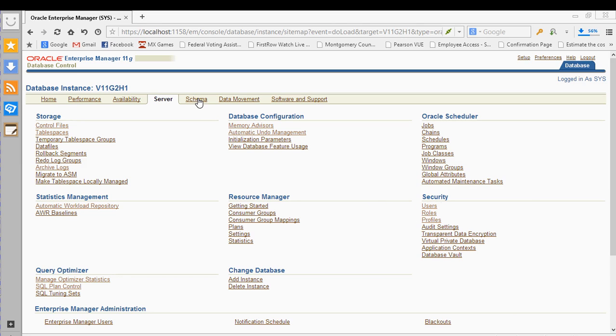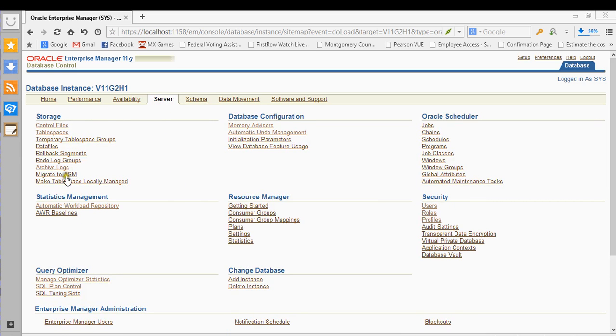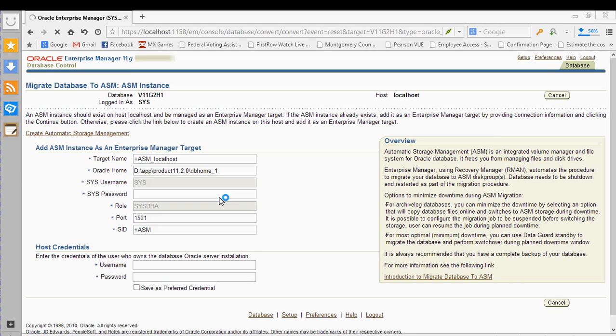So let me do this. Let me go into schema. So this is another tab that, again, you can use if you were to be using